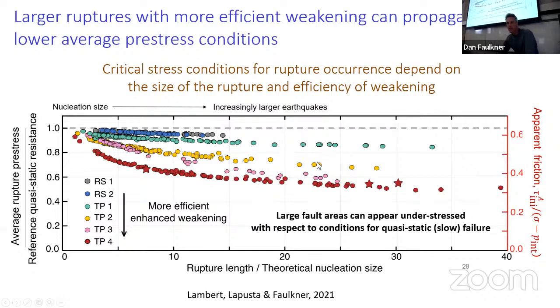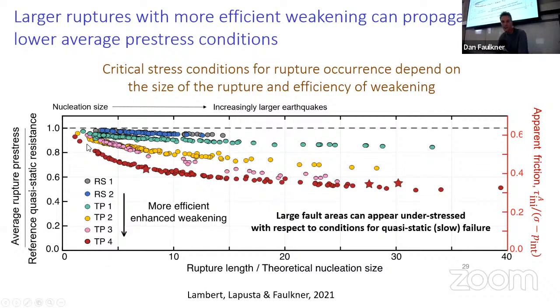Okay, so what this plot here shows, from a number of models that we ran, is along the x-axis the average level of shear stress that we've got on our fault before an earthquake event happens. Each of these dots plotted just here is an event in this sequence of earthquake models. And along the bottom axis, we've got huge events on the right-hand side and small events on the left-hand side.